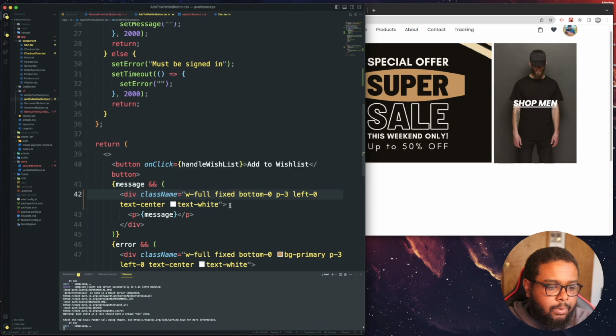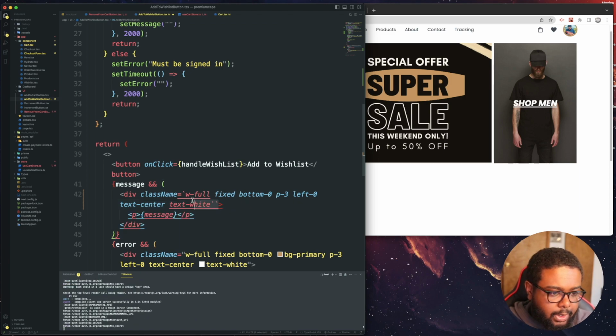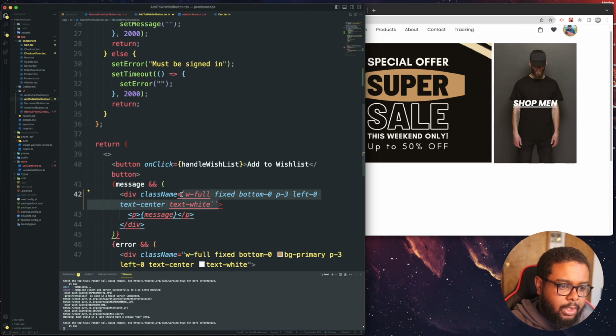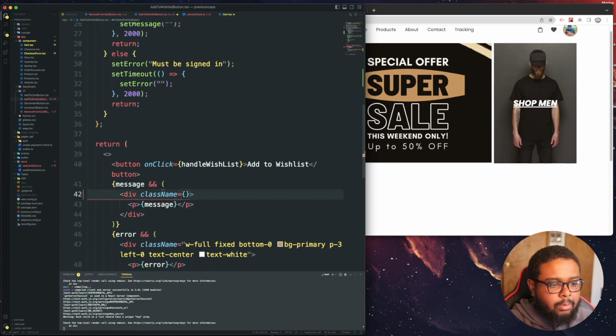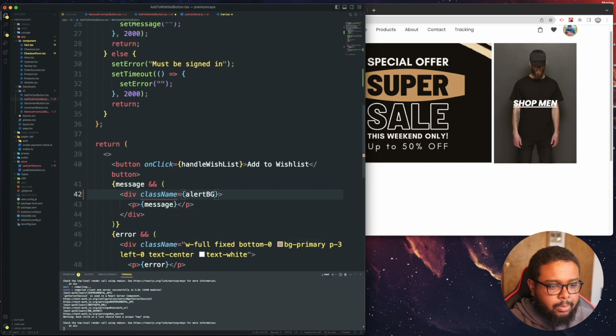All right, so let's remove these. I think we got to do backticks, if I'm not mistaken. Actually, no, we got to do it in brackets like that, and then so if it's alertBg, the class name is going to be